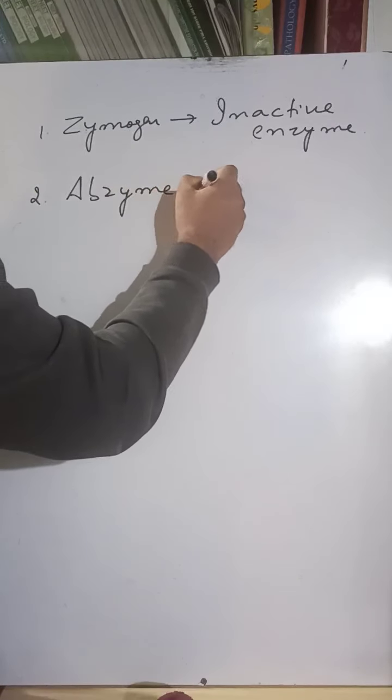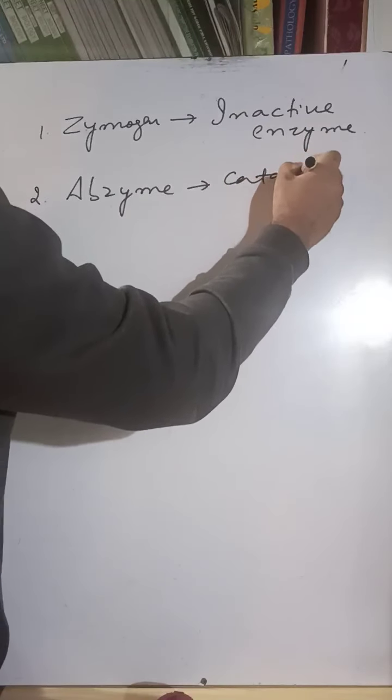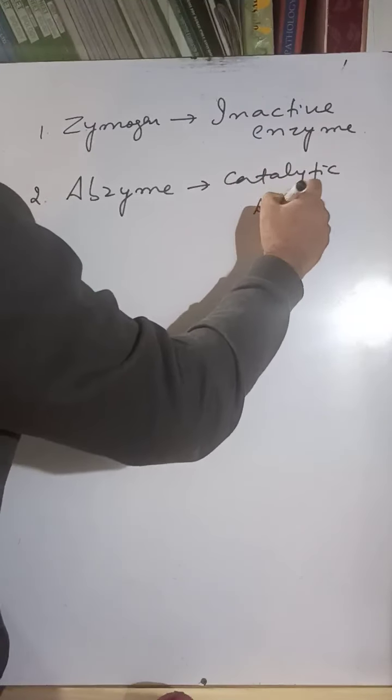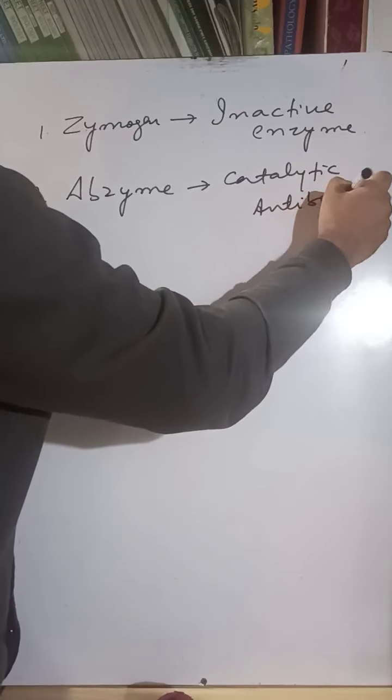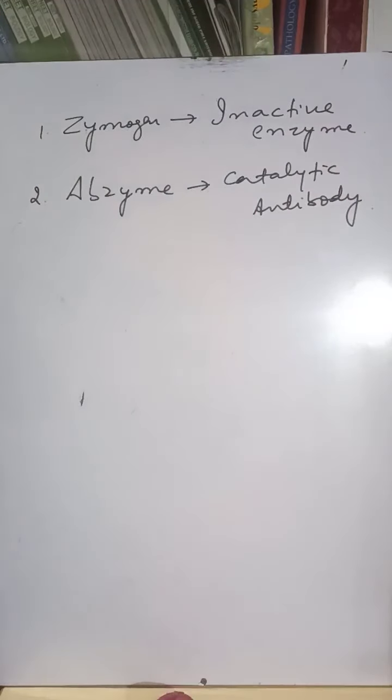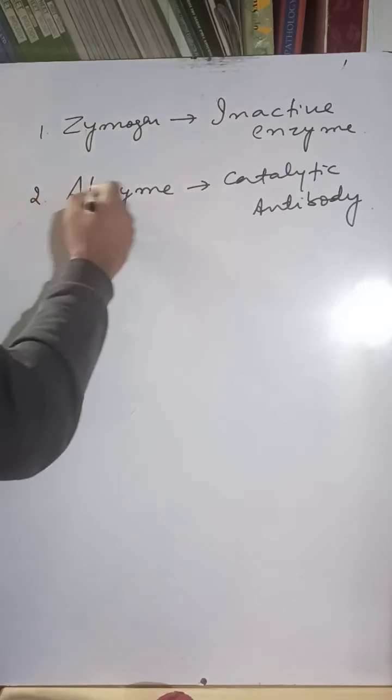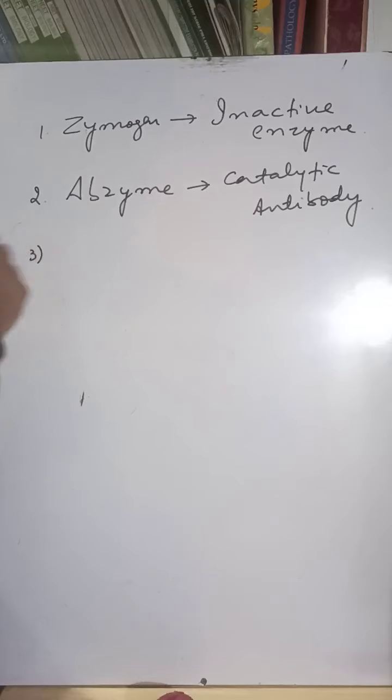Enzyme basically means catalytic antibody. So when antibody is acting as an enzyme, when antibody has a power of catalysis, that antibody is called as enzyme. The third term is